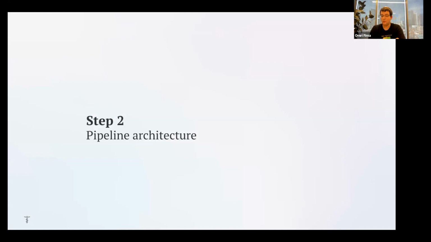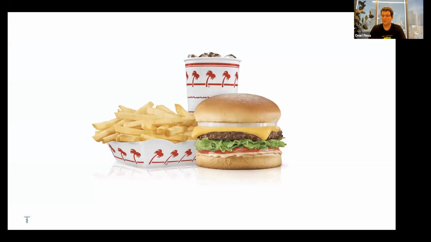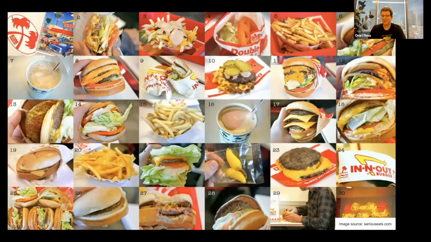The second aspect, once you've Pythonized your pipeline, we can now talk about pipeline architectures. And to talk about pipeline architecture, I want to talk a little bit about something else, about hamburgers, specifically In-N-Out burgers. If you're not aware of In-N-Out, it is a fast food chain from the West Coast. And what they became famous for is their secret menu. Basically, you can order a list of very crazy dishes, from the protein style, which replaces the buns with lettuce, or the 4-and-4 animal style, which